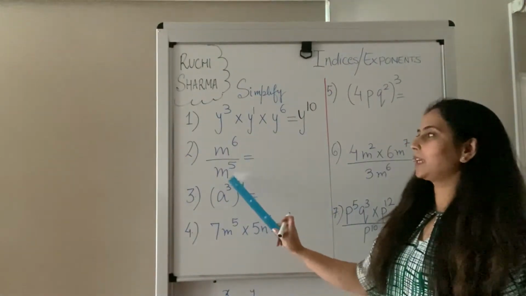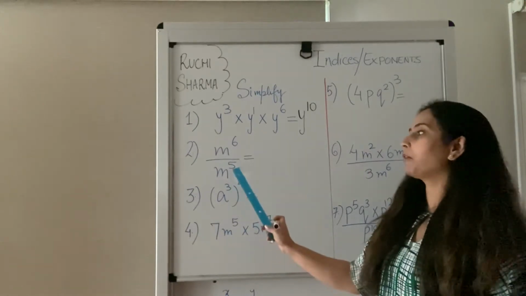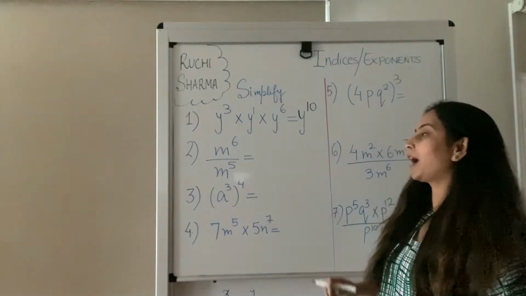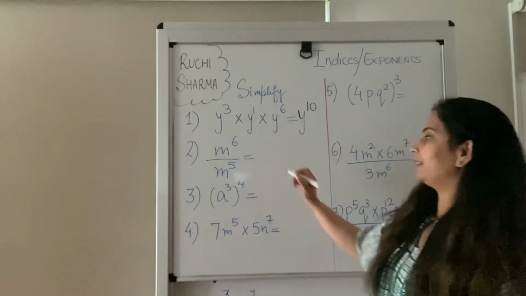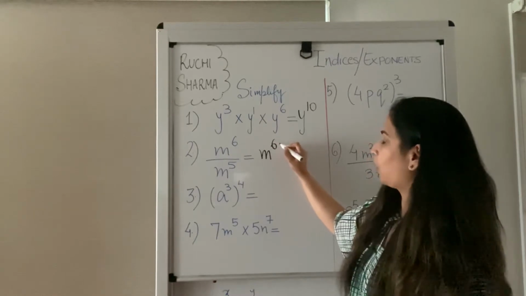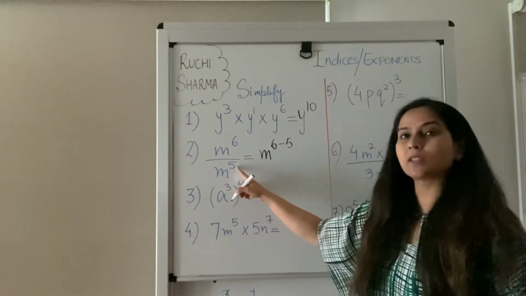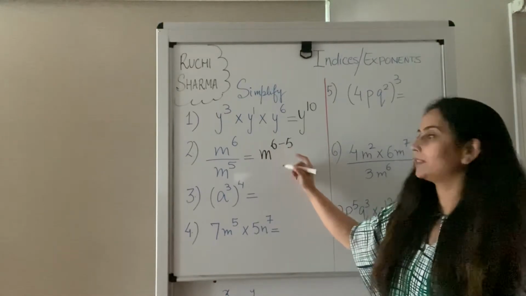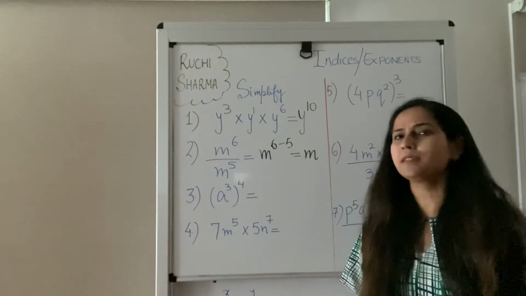Right? Come to the second one. In the second one, it is m to the power 6 divided by m to the power 5. Now this is your second index law, which says that if you have two index numbers with the same base in division, then you can take the denominator to the top by flipping its sign. So the plus 5, which is there in the denominator, will become minus 5 in the numerator. So this is now m to the power 1, and we don't write power 1,